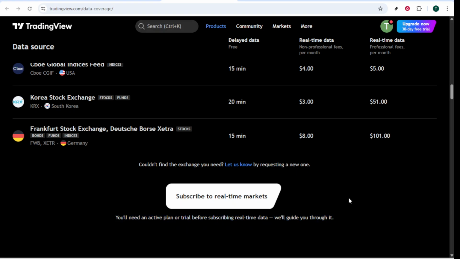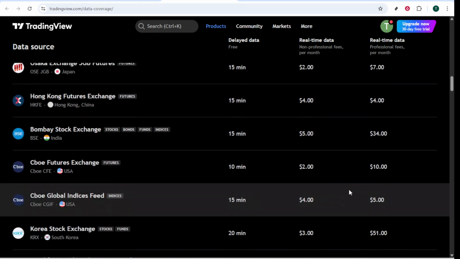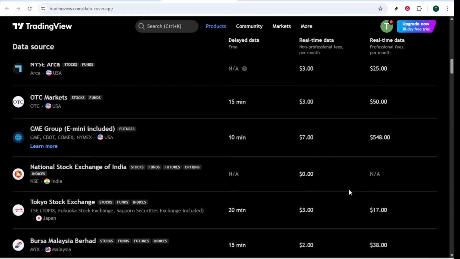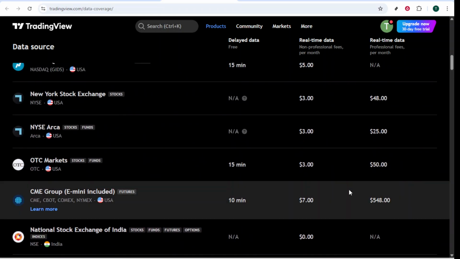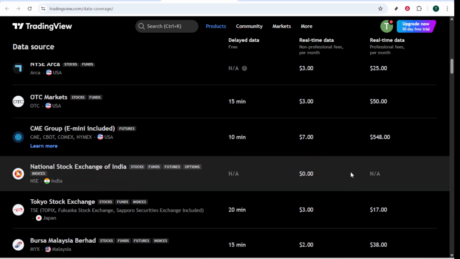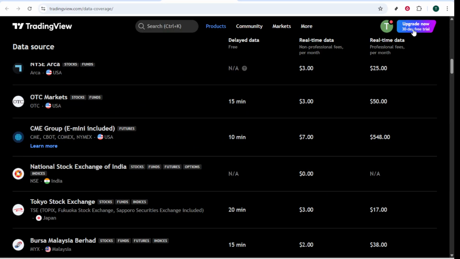Keep in mind that real-time data subscriptions are often sold on a per-market or per-exchange basis. If you require real-time data across different exchanges, you may need to purchase multiple subscriptions. Also, remember that these purchases can generally only be completed via the web version of TradingView, not on the mobile